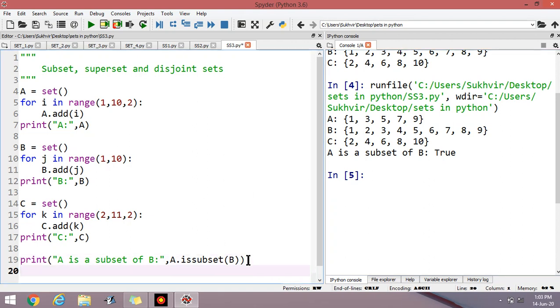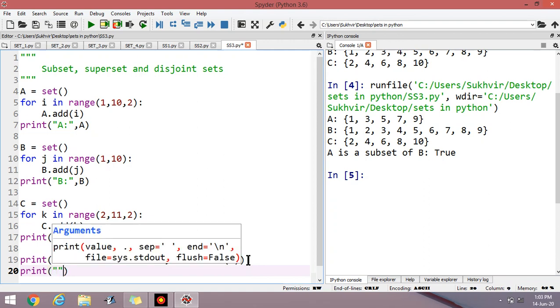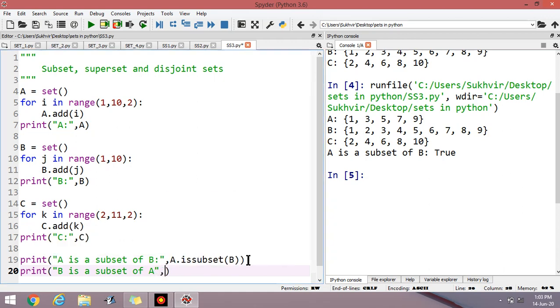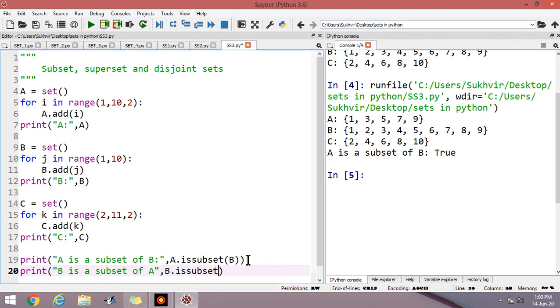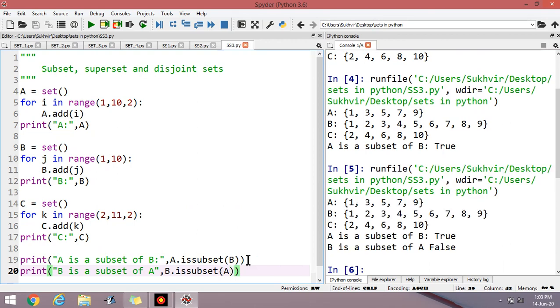If I write print, B is a subset of A, then I have to write B dot is subset A. Let us check the output.